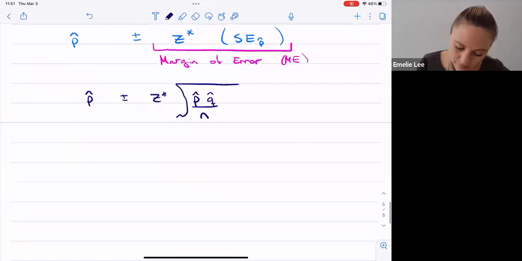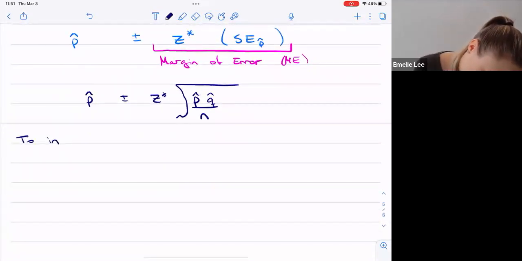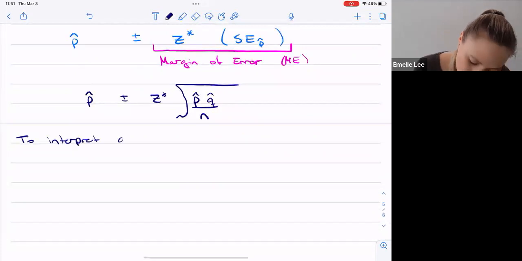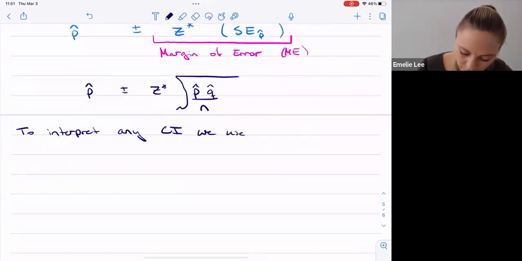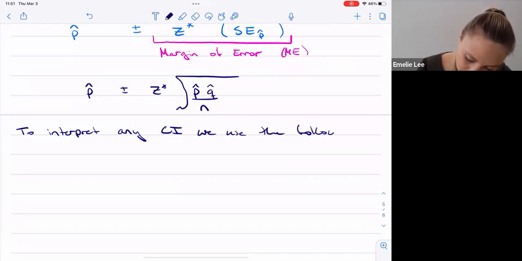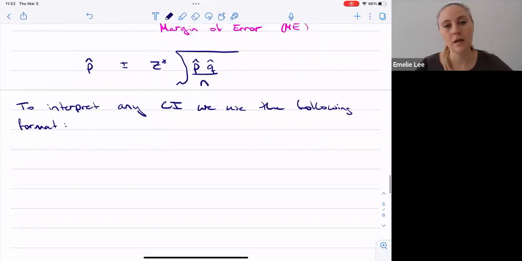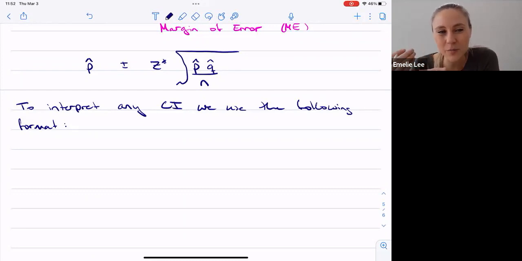And so to interpret any confidence interval, we use the following format. Okay. And there's a couple of different variations, but I encourage you to stick with the one that I'm giving you. Okay, so it will become very tedious, but as long as you stick with this one, or some version of it, then you're going to be safe, because there's many ways that you could misinterpret the confidence interval,